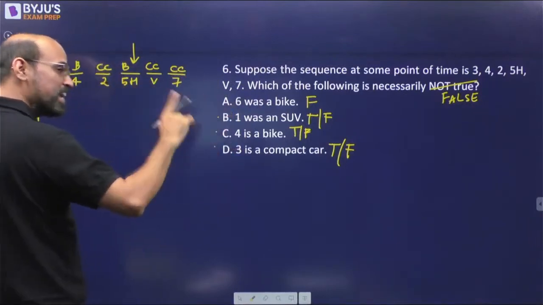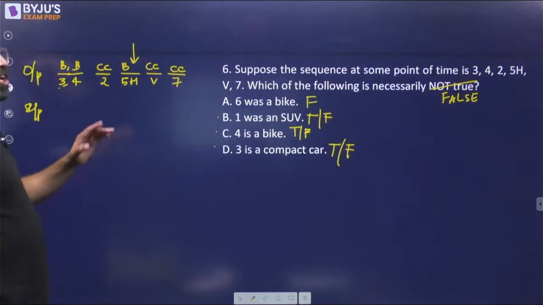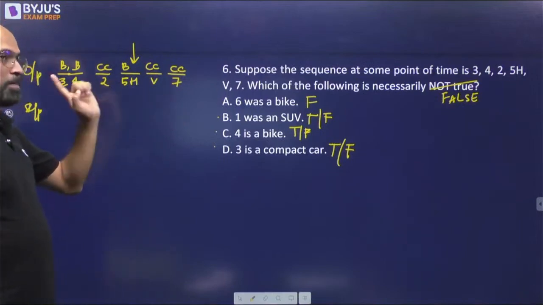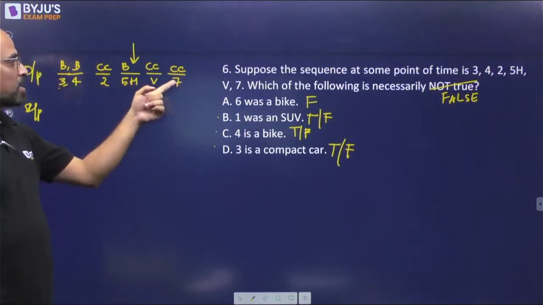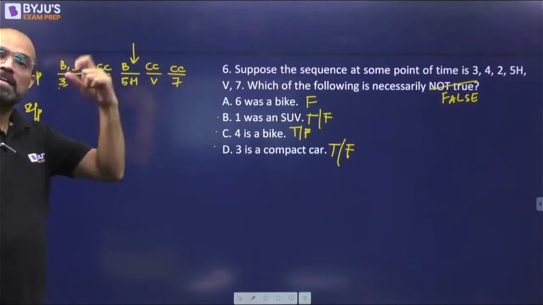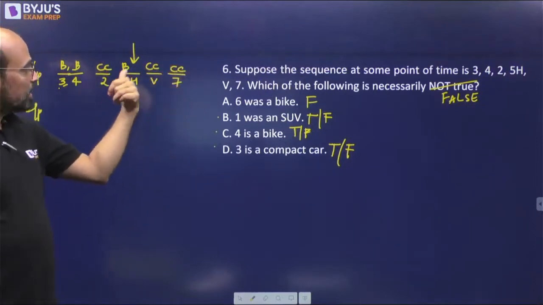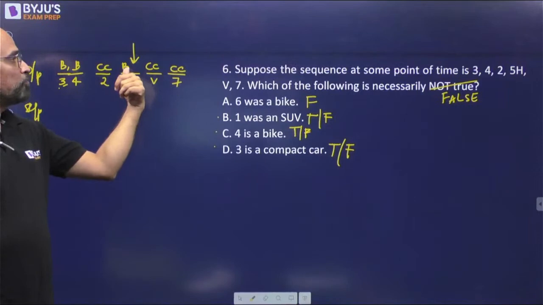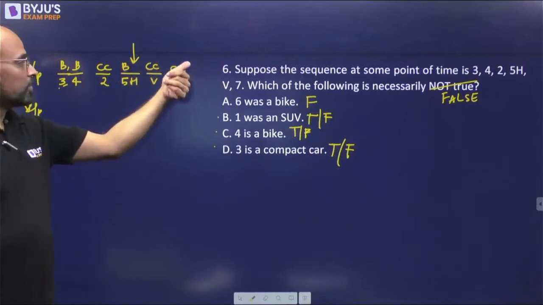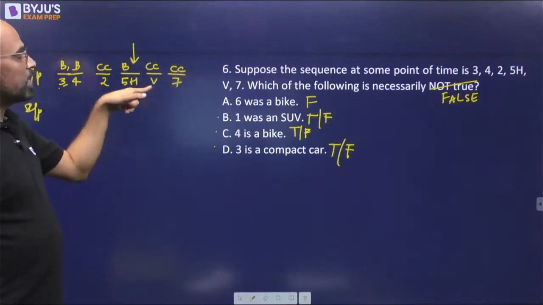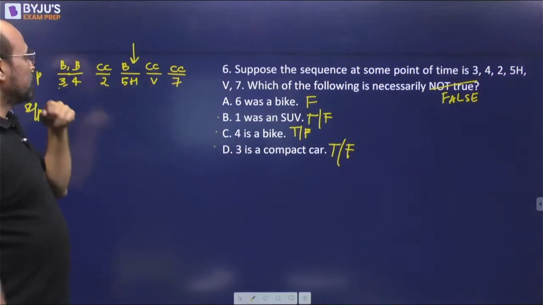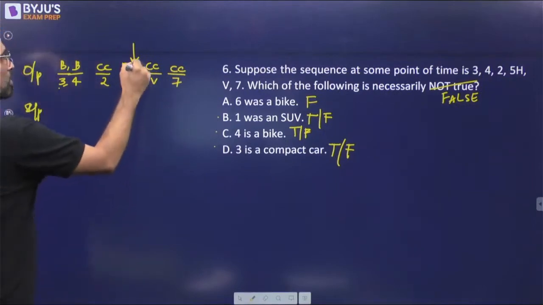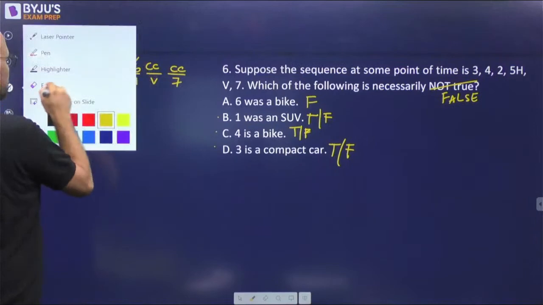And if I look at A option, we are not able to make it true because if 6 was a bike and 7 has come in and 6 left, मतलब 6 के बाद कोई तो आया, then definitely 6 must have left from this place, right? तो ये vacant क्यों है, right? Because suppose if you are saying this was a bike,